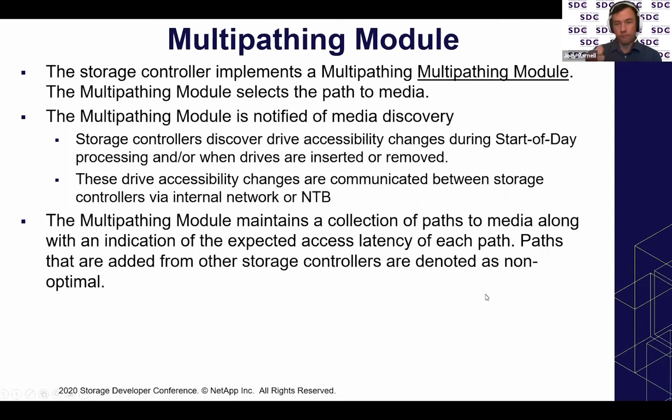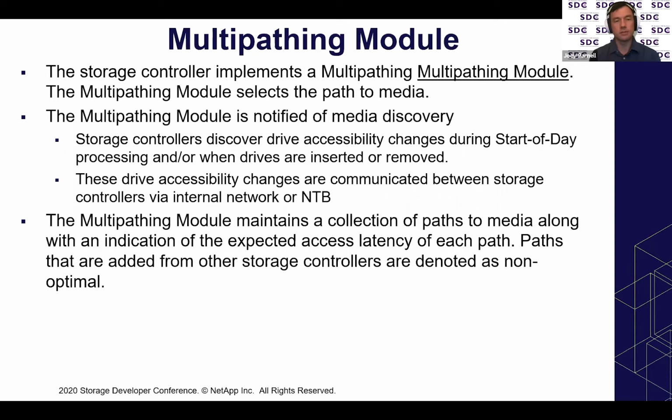That if you have a quick push combination, you don't process things in the wrong order, and things like that. Flaky drives are also a problem because flaky drives can emit events much more frequently than you would think, and go online and offline in kind of a sequence. So this multipathing module has to be able to handle all of these things in order to select the optimal path